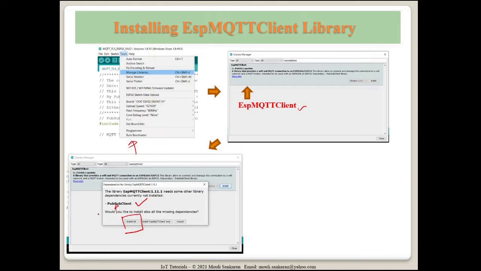The reason is I want to connect to HiveMQ here, and we need a TLS connection. For providing that connection, we need to pass the user ID of the IoT devices, the password, and the CA certificate, a whole lot of things which I explained in tutorial 1. And this library has all the APIs which we can use for our demo.